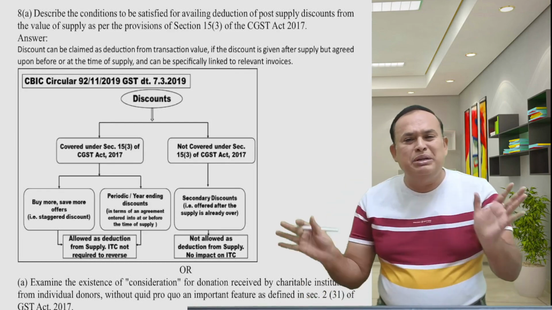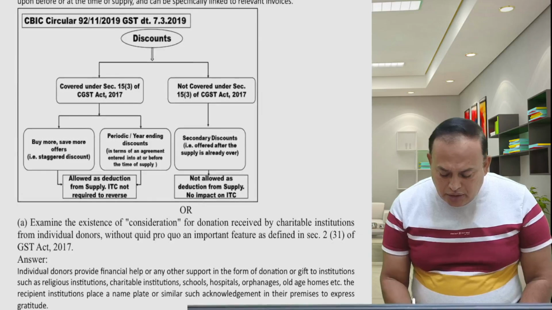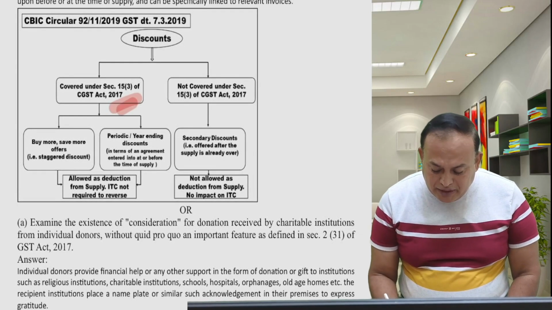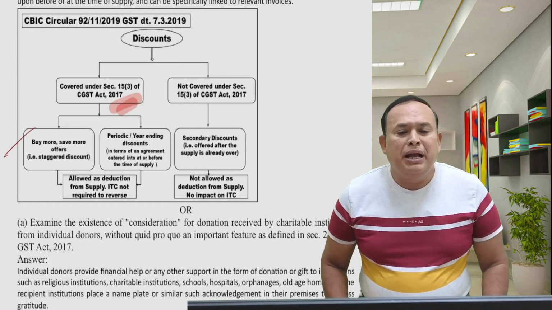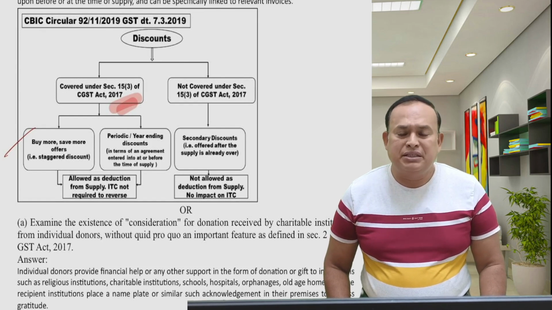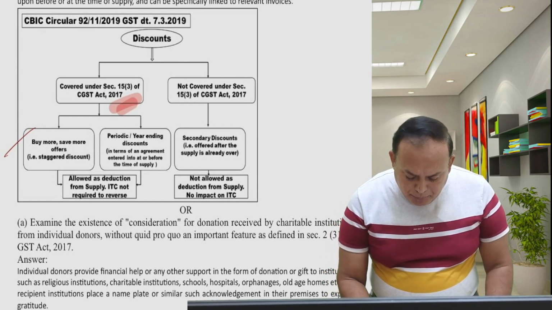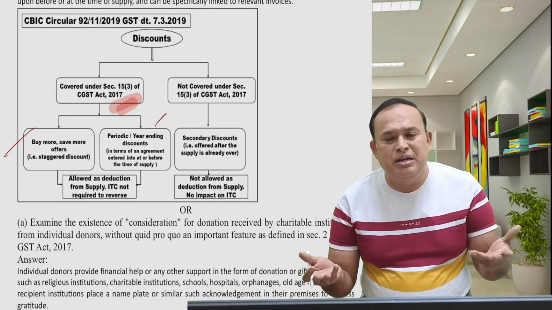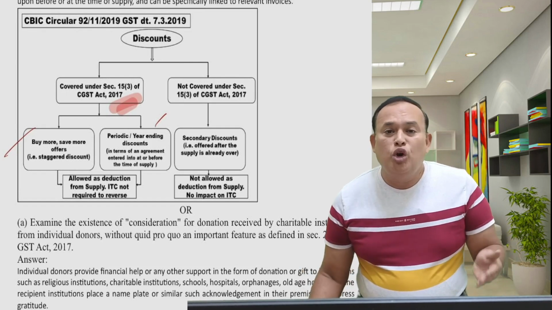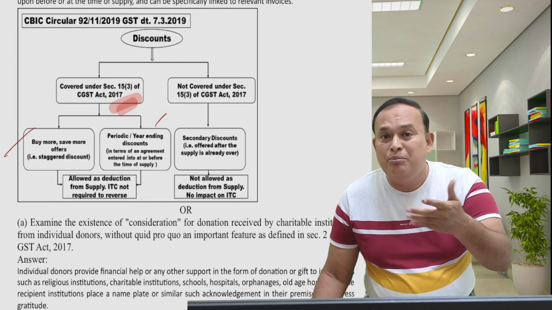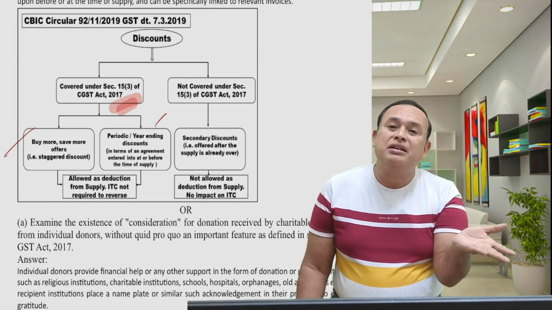So I have given a simple slide to you, saying that a discount covered under section 15 subsection 3, when it is covered, means buy more save more offers, is allowed as a deduction. A discount, or periodic year-ending discount as the case may be, which is there in the agreement or in the invoice, though it may be given after the supply takes place, a post supply discount, but the indication is already there in the contract or in the invoice,